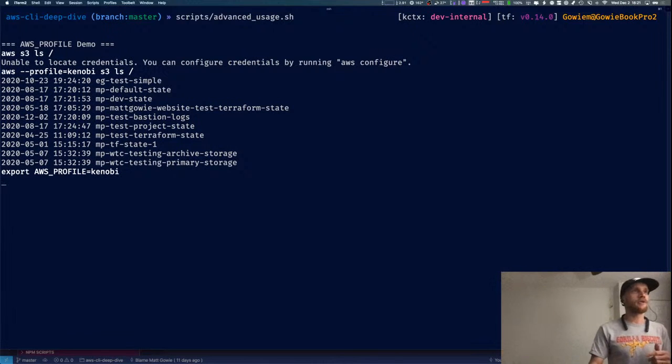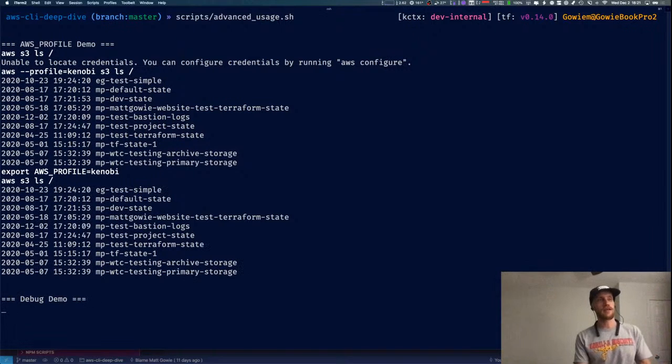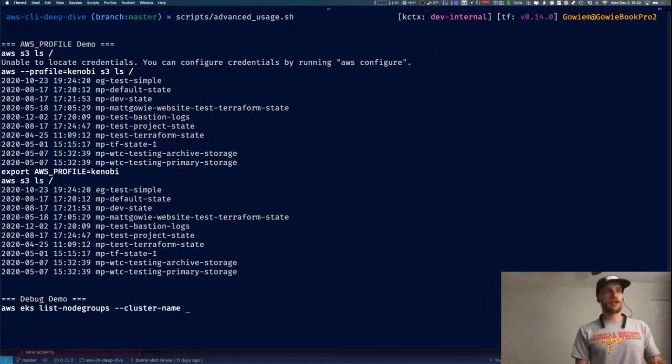So if we set AWS_PROFILE equals Kenobi here, we can then execute that same AWS S3 LS command, and we get back useful information using that Kenobi user. It's that simple. When you're storing your credentials in the credentials file, this is really useful. I'll talk about how this doesn't actually sync up with AWS Vault usage and how you can fix that in a couple minutes. So, really quick thing,